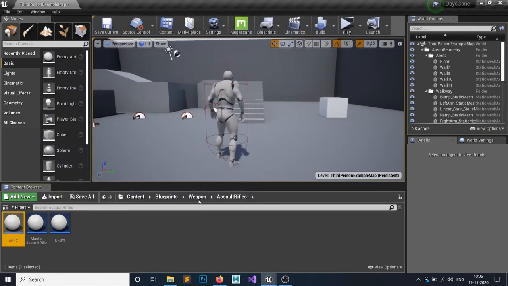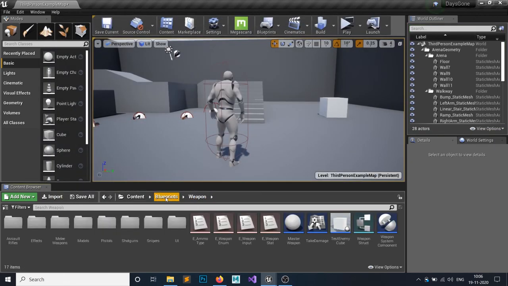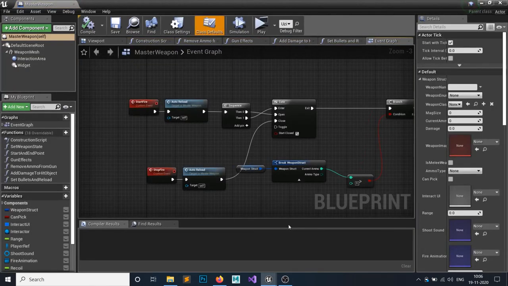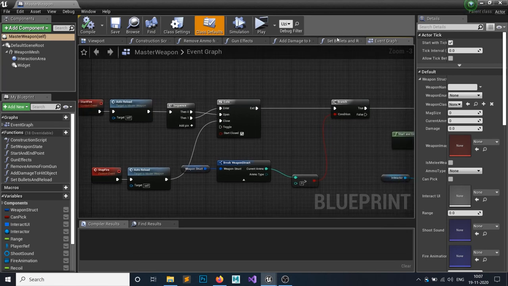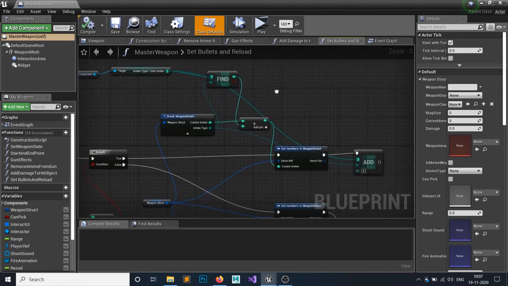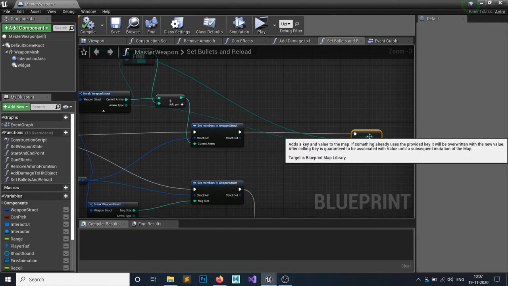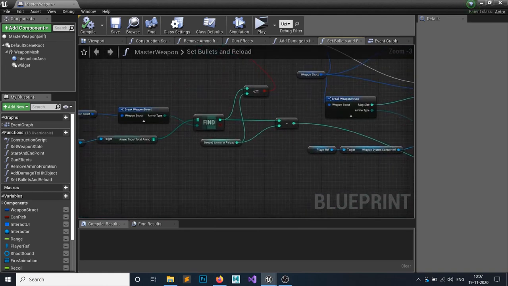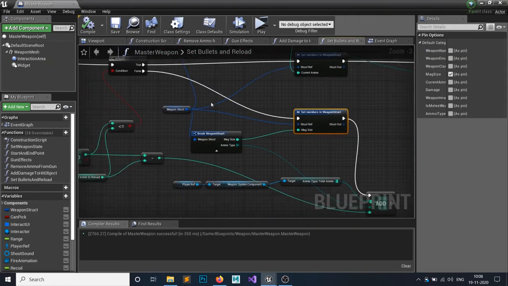okay, so my current ammo is not working. In my master weapon, let's see where I messed up. Okay, so the problem was in that set bullets and reload.